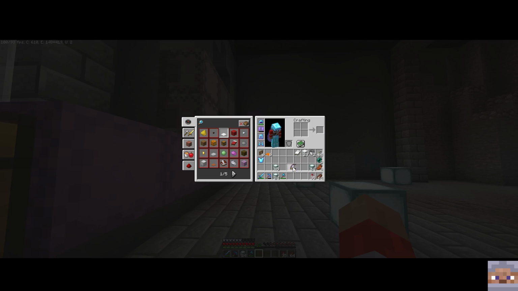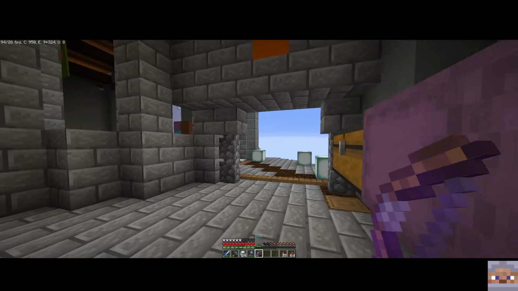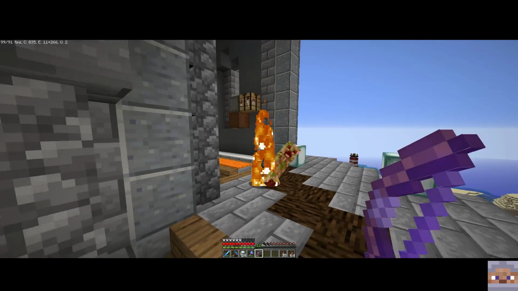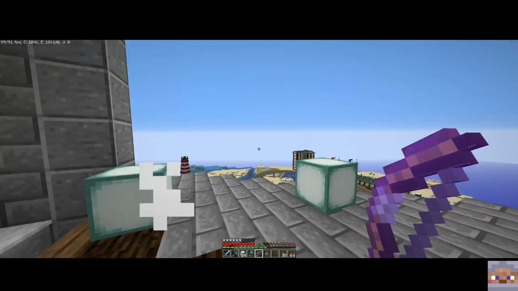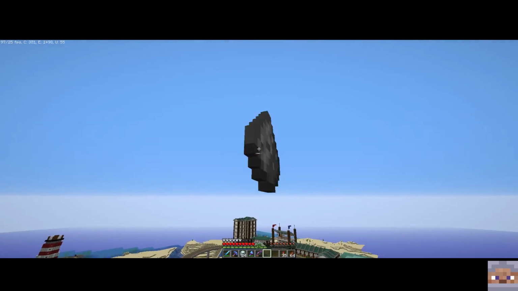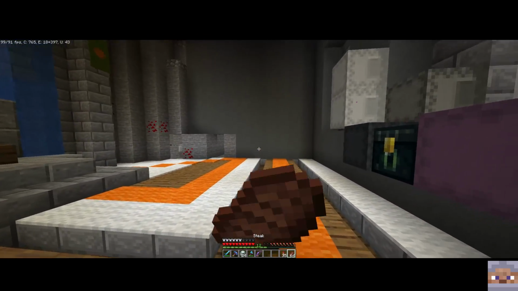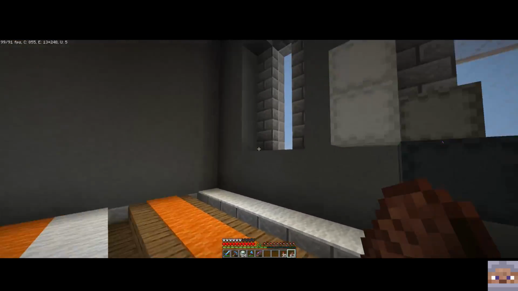Oh, we don't want that. Okay. Why is he in here? I got to get this place lit up. Because I don't know. Don't want any of that. Jeez. That's scary. Okay, so obviously I've got some...